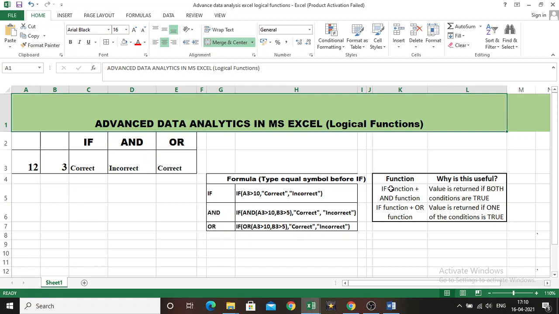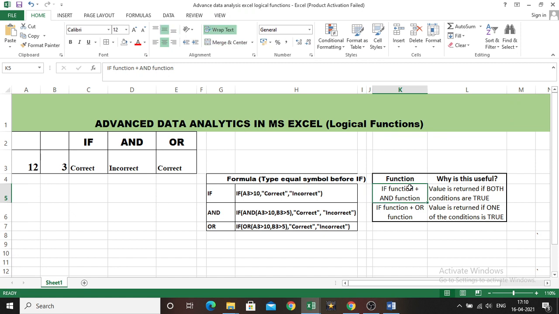The AND function will give the output as correct only if both the conditions are true. The OR function will check both the conditions. If either of the conditions is true, then it will give you correct.